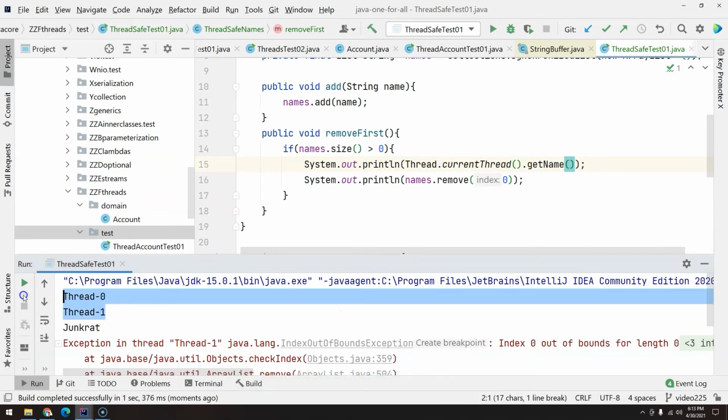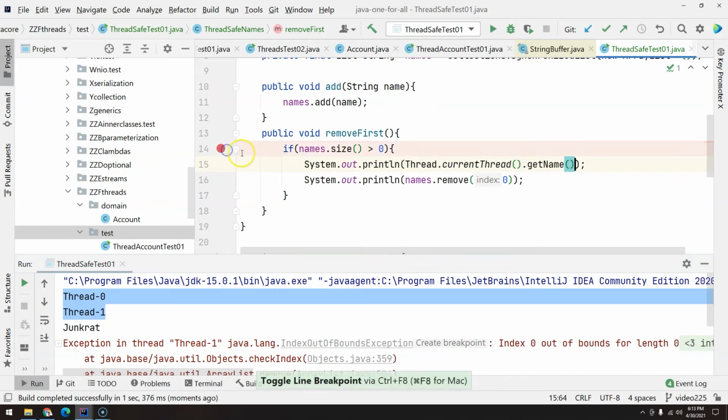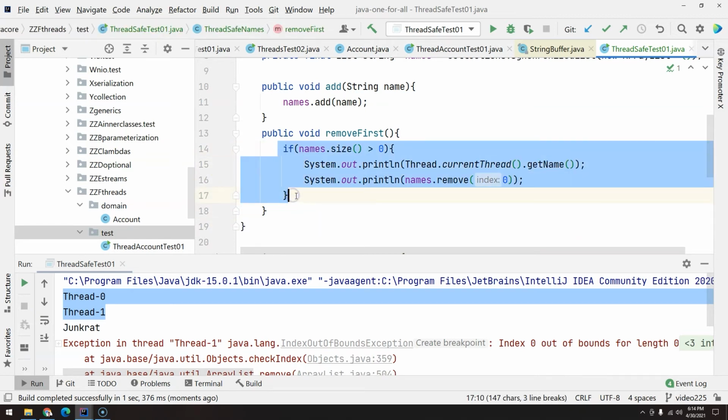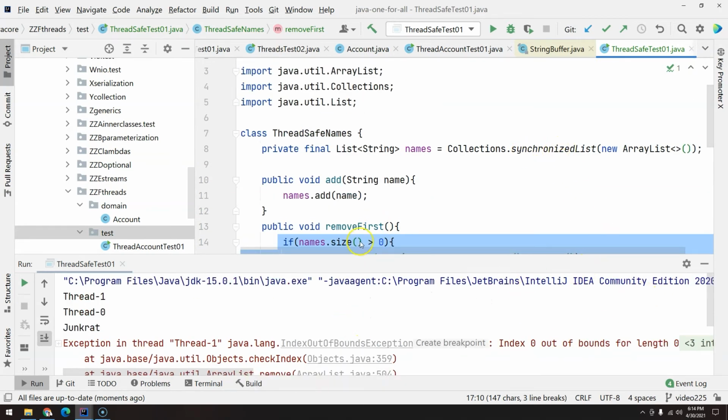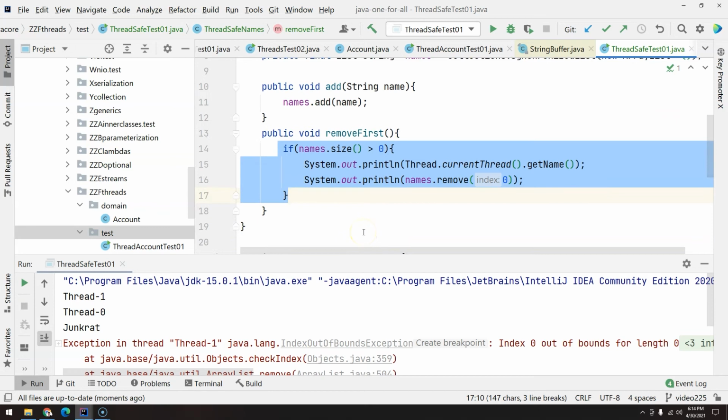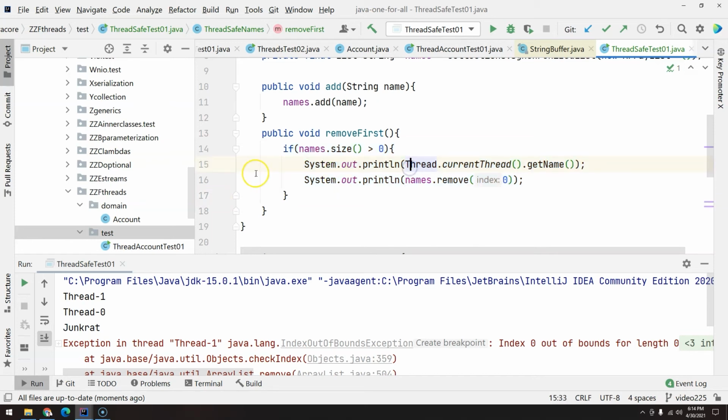You see both threads are inside, so it means that both of them checked at the same time, actually, or maybe one checked and then it came here, and then the second one started without this one actually executing this line. So that's why we have both of them inside this block. My main point here is that it's not because the synchronized list is thread safe that actually it's thread safe forever, for everything. The code that you are writing, or the code that someone else wrote above the thread safe classes, is what actually matters.